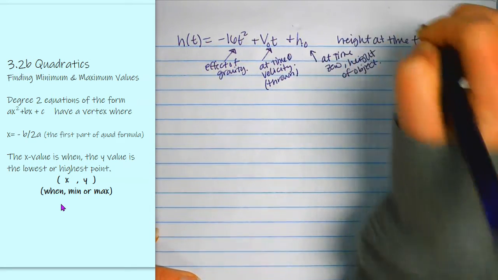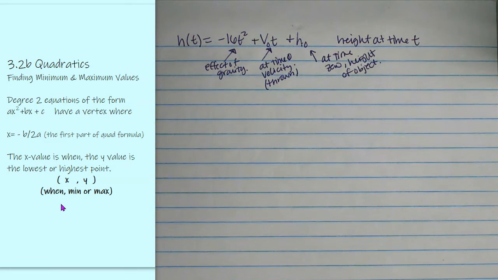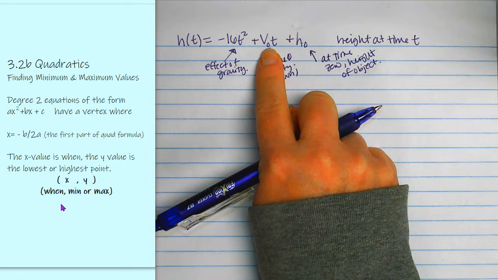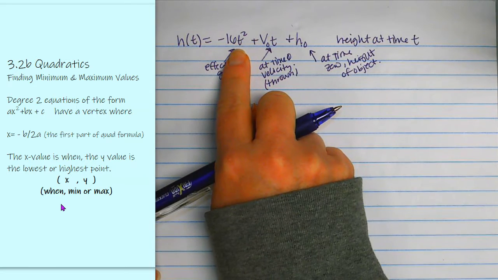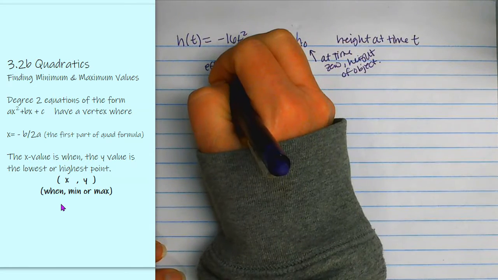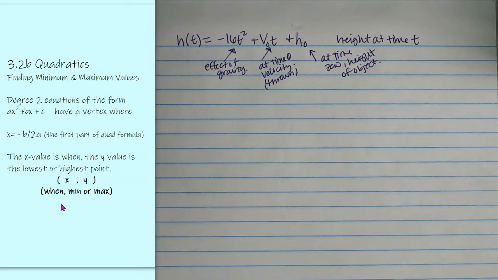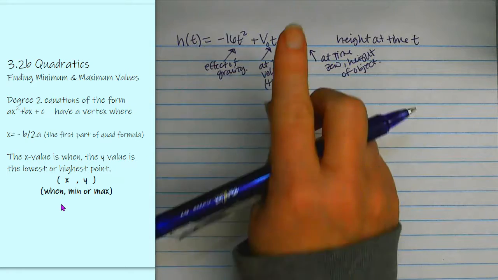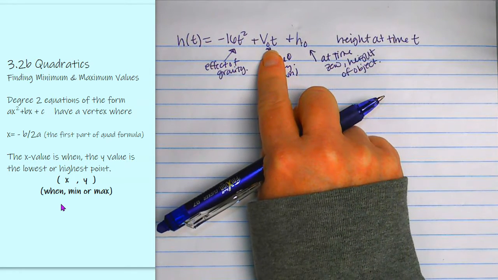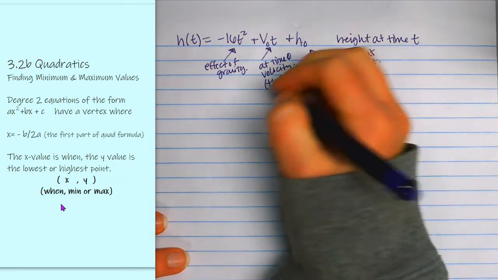So if you're talking about falling off a cliff, it would be how high the cliff is, or throwing a ball from the top of a stadium. The top of the stadium would be 100 feet. If you threw the ball, you throw it at whatever miles per hour you throw it at, and this is with respect to gravity. So I guess it wouldn't be miles per hour because this is in feet per second squared. All right, so we're going to look at problems that we have to say, okay, here's the whole problem. Here's gravity. Here's if it's thrown or just dropped. If it was dropped,